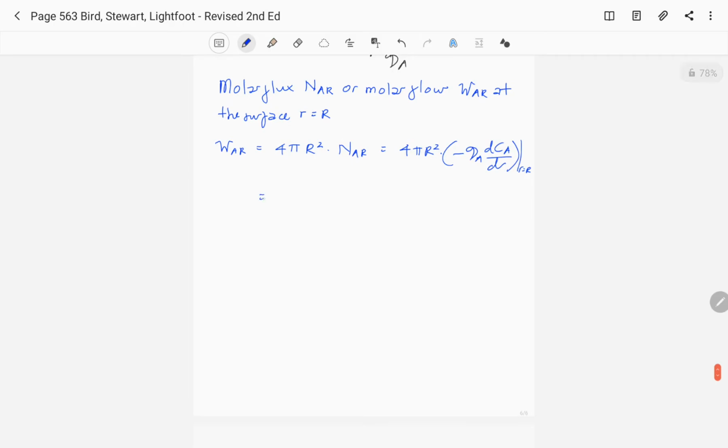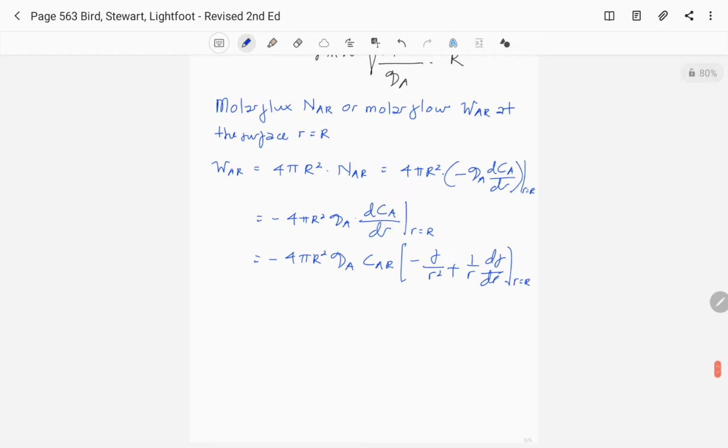Okay, or we can define it as minus 4 pi R square dA dCA over dR, R equal R. And this will be equal to minus 4 pi R square dA CAR minus F divided by R square plus 1 over R dF over dR at R equal R. Okay, so